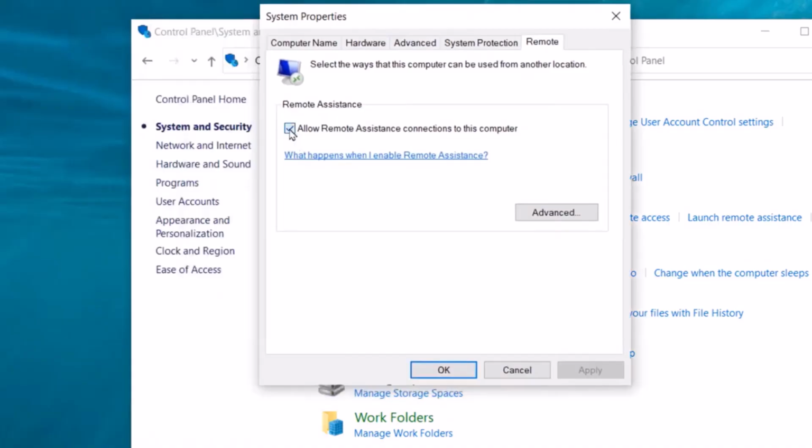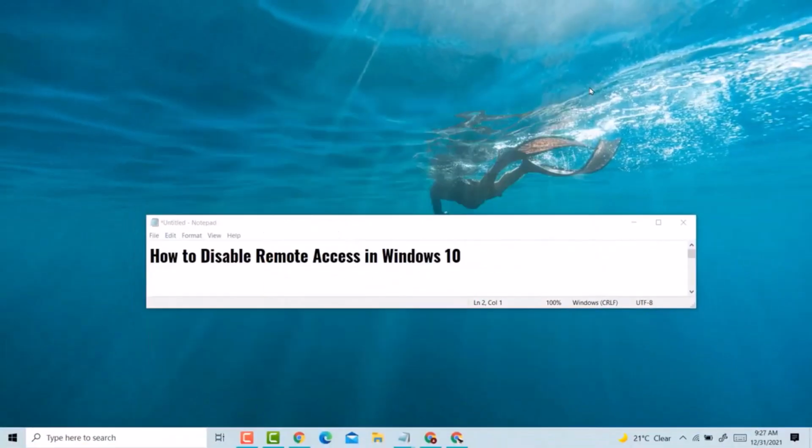After that, uncheck this box, click on Apply, click on OK. So guys, this is a very simple and easy method if you want to disable remote access in Windows 10 PC